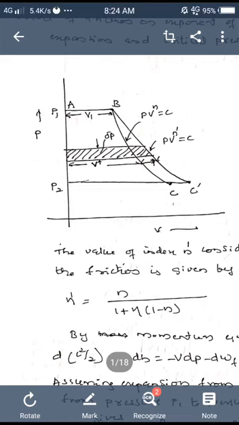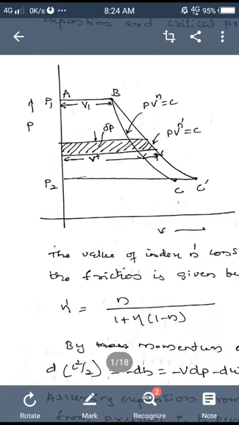We shall study the effect of friction on the critical pressure ratio, and we will also present the expression for the critical pressure ratio for a frictionally resisted expansion with initial steam velocity. Now the expansion of the steam in the nozzle is shown in the figure.